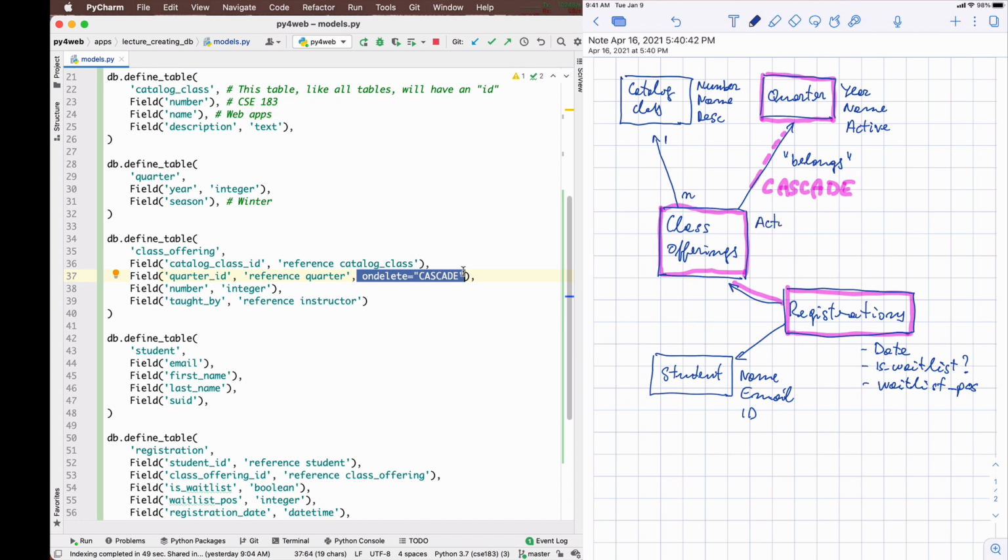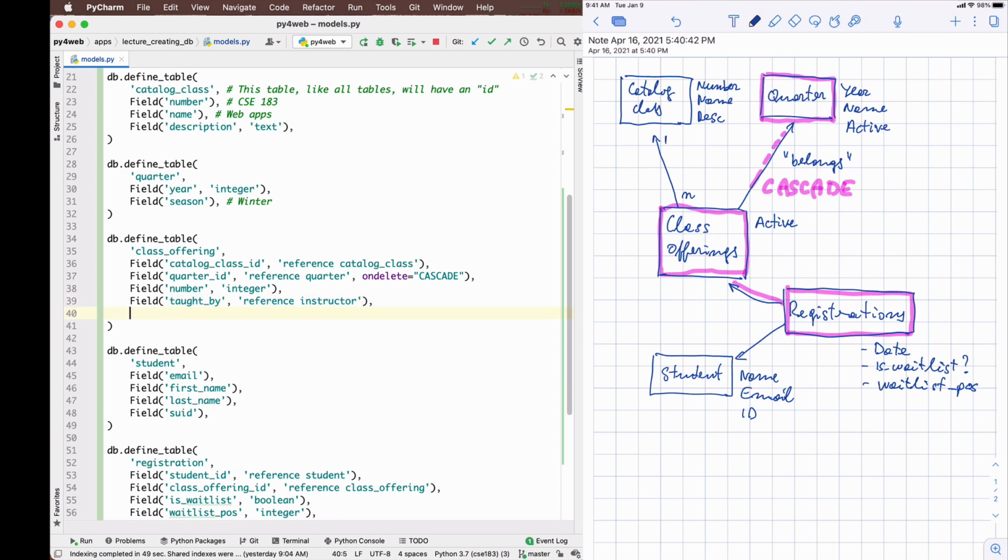Maybe you want to have an active bit so that you can remember that somebody registered for a class, even though maybe now that class offering is not offered anymore, but you want to remember that people registered to it so that they may be able to get a refund for their tuition or whatever. So you could do that by saying here, for instance, field active, Boolean.